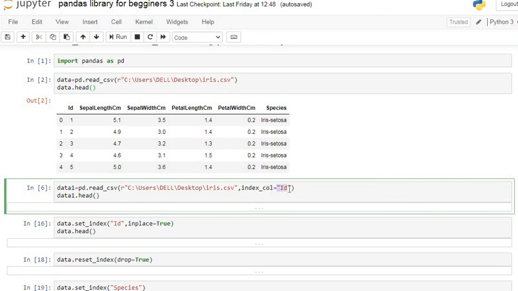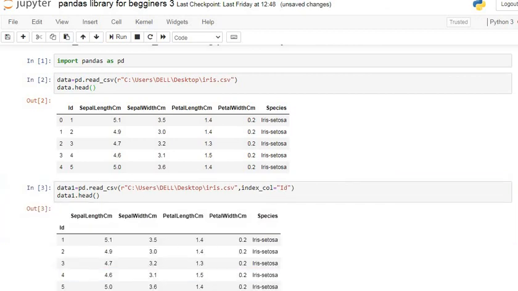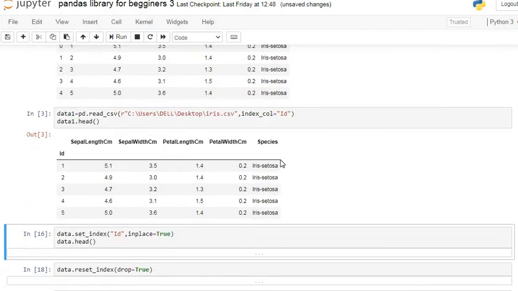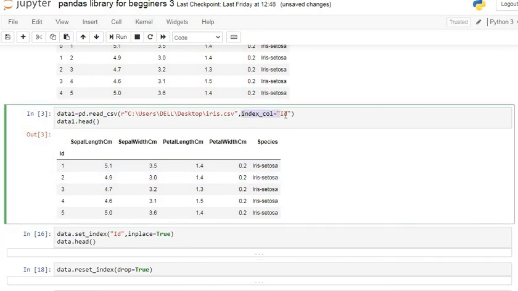Inside that you just pass the name of that column, the new index column. So let's execute our command line. You can see now our index has changed. The new index is id, as I specified index_col equals id. The id column became the new index column.